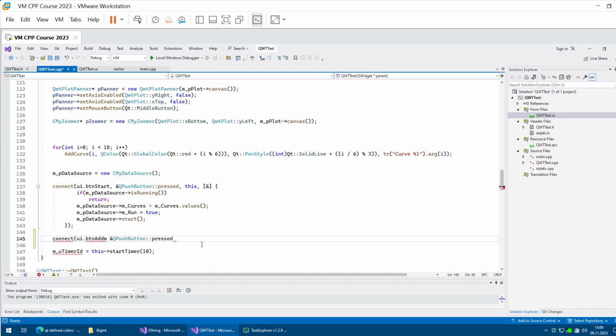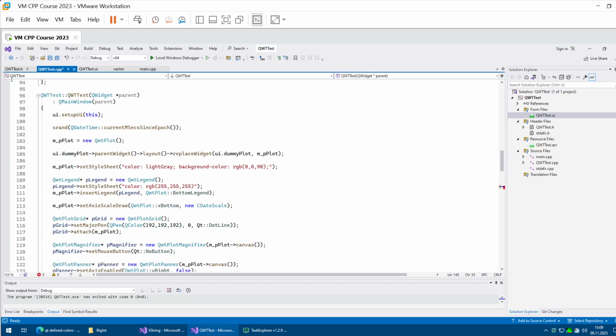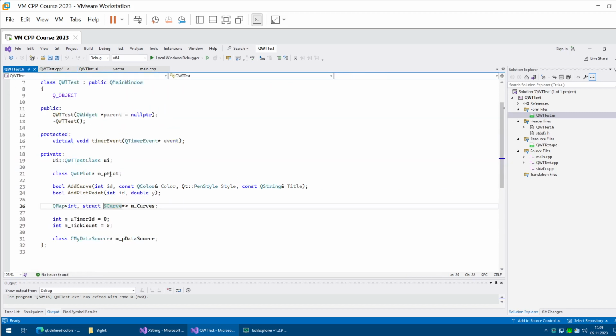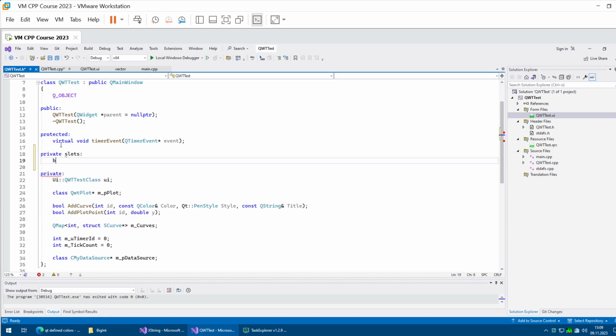Rest. Okay. This, and then we can specify a lambda function, or as I think I showed earlier, you could also just have a slot which you define on your object here. So maybe for the demonstration purposes, we could do that as well. We'll add here private slots, void onAddPlot, semicolon, and then we go here,